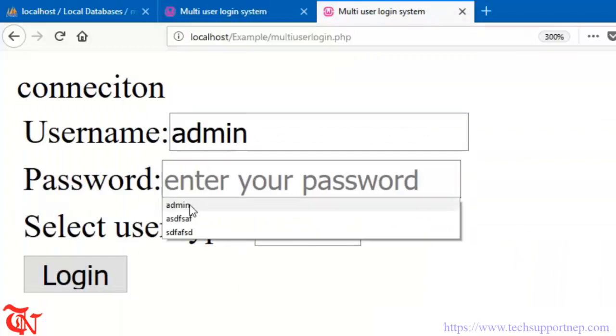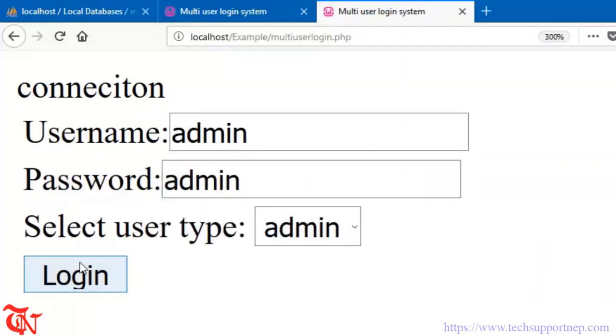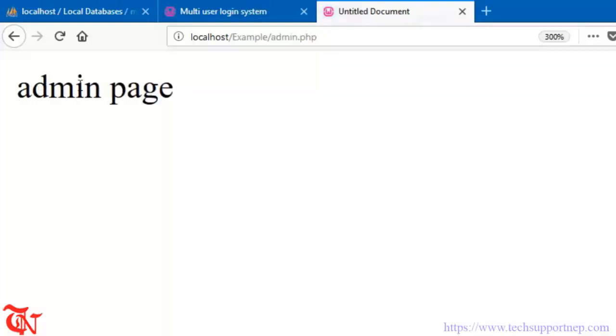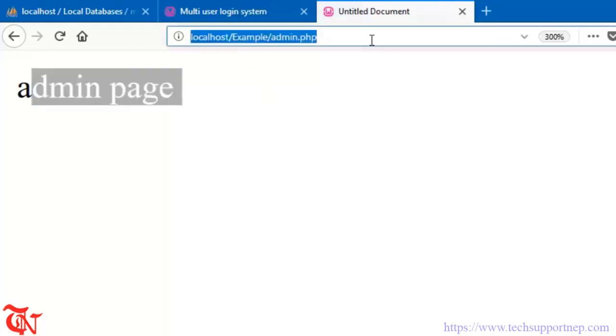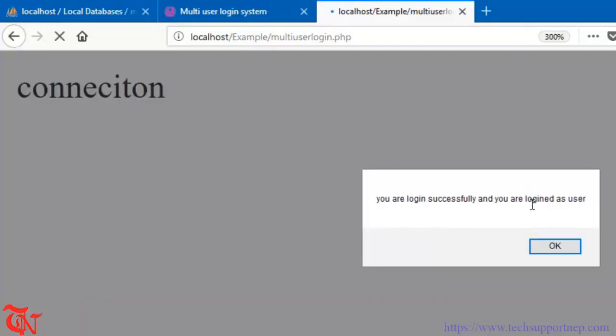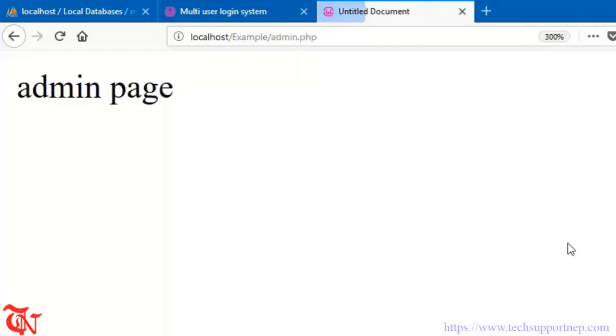Go to admin, here goes admin, select any user type, click login. Message is displaying you are logged in, and your login is admin, and click OK. There you go, admin page is opened. Now again go back and select user and click login. You are logged in successfully, and your login is user, and